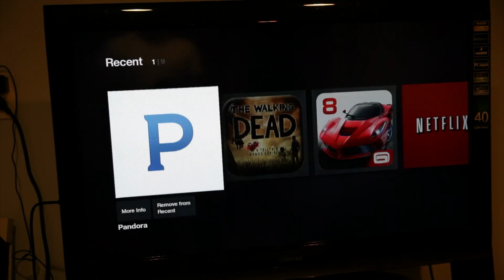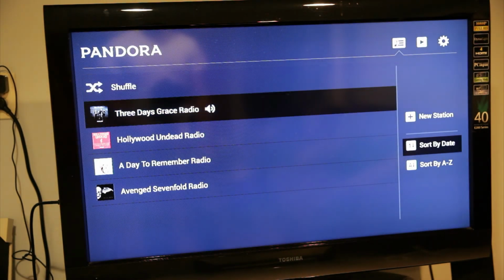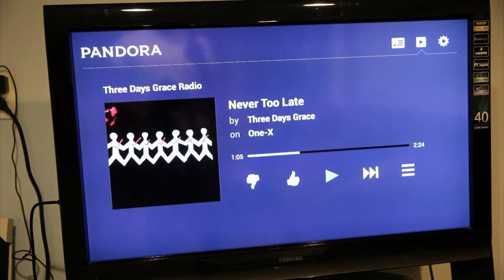Go ahead and click Pandora. There you go. And it brings you back to the last thing you were listening to. I was listening to 3 Days Grace because they're one of my favorite bands, but it was just to test it out, honestly. But if you want to go ahead and change the station, all you do is go down